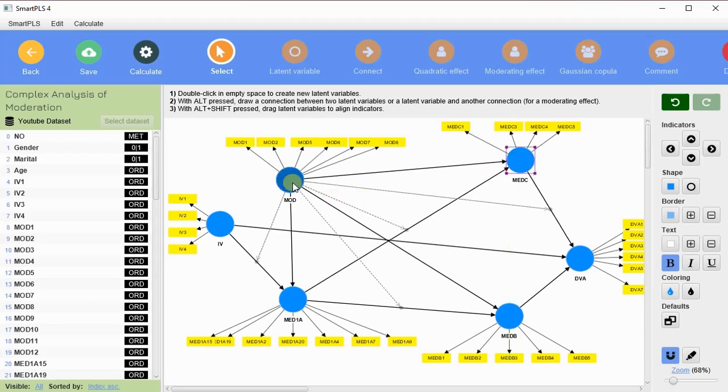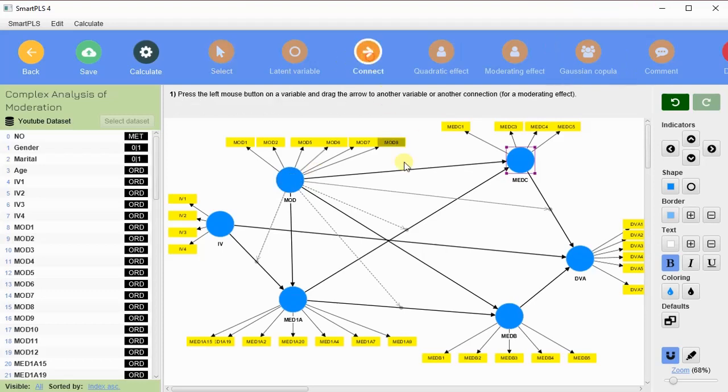So here at the same time you can draw different moderating effects simultaneously, and analyze the indirect path for the given analysis. Just for simplicity, definitely in your study you do not have such a complex model while doing your research, but it is just to show how the complex moderation analysis can be performed in an easy way in SmartPLS